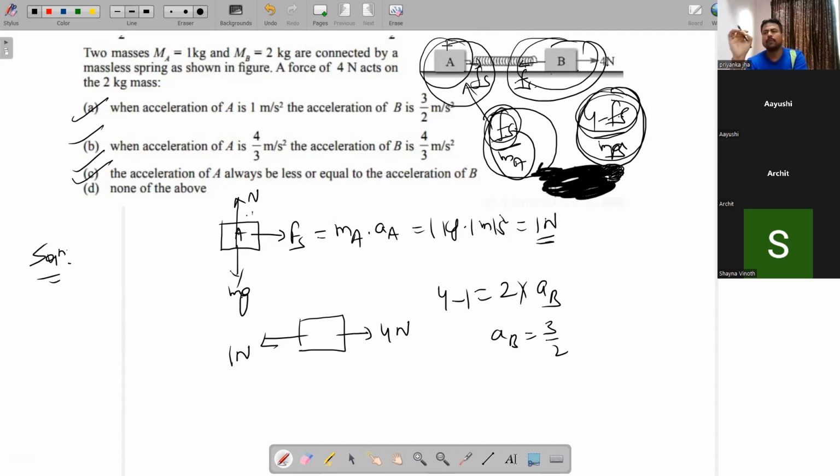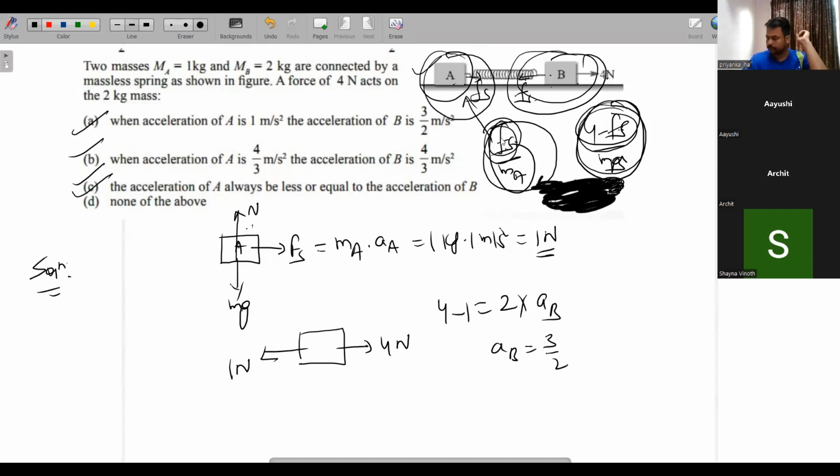both blocks may have forces in definite proportion, so that if you divide that force by mass of A and mass of B, then acceleration might come equal. But before that, acceleration of block A will always be less than the acceleration of block B. सोचो, इमेजिन करो, आएगा। तो सर एक्सेलरेशन हमारा तभी इक्वल होता है ना जब दोनों मतलब स्प्रिंग अपना मैक्सिमम अटेन कर लेती है? यस, वही मैं बोल रहा हूँ। यस यस